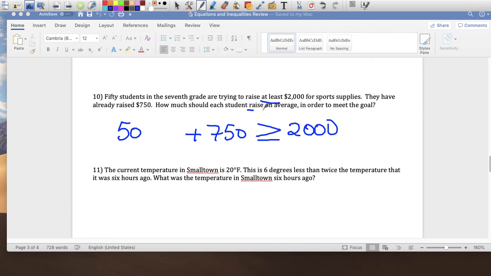I'm going to use r for raise. So 50 kids are raising money. So how much does each kid have to raise in order for them to accomplish their goal of getting at least $2,000? They already have $750. So if each of the 50 collected a certain amount, they would